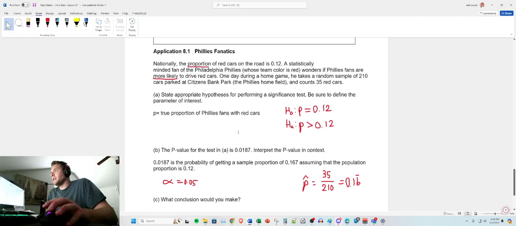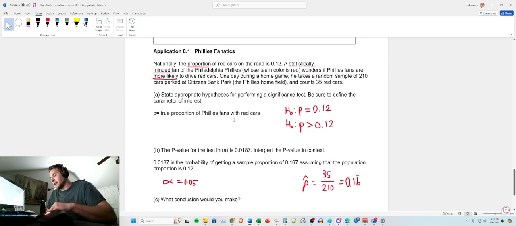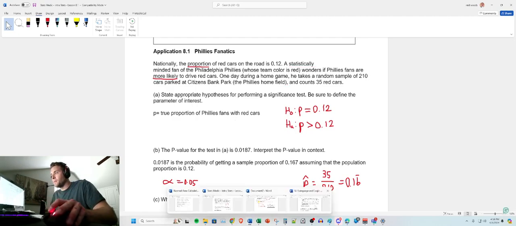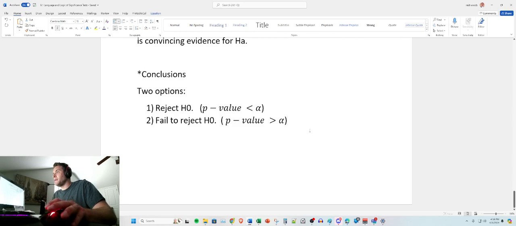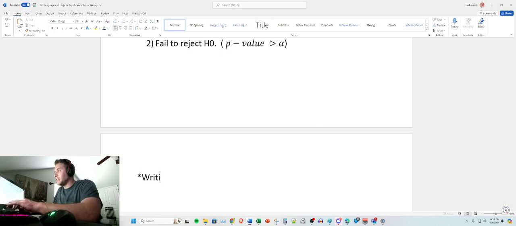What we're going to study today, we're obviously going to be talking about how to write a conclusion, but we're also going to look at the full process of significance tests for proportions, and we'll look at some more examples to practice with. So let's go back to our notes, and we'll pick up from where we left off. But I'm going to start a new page. Okay. So we're going to say writing conclusions,